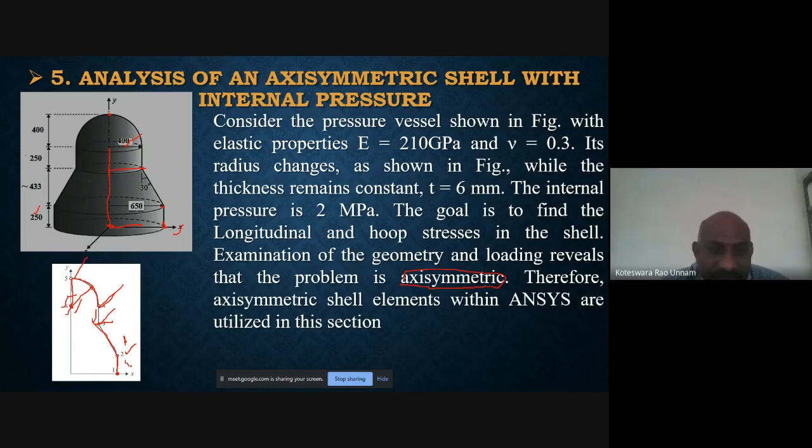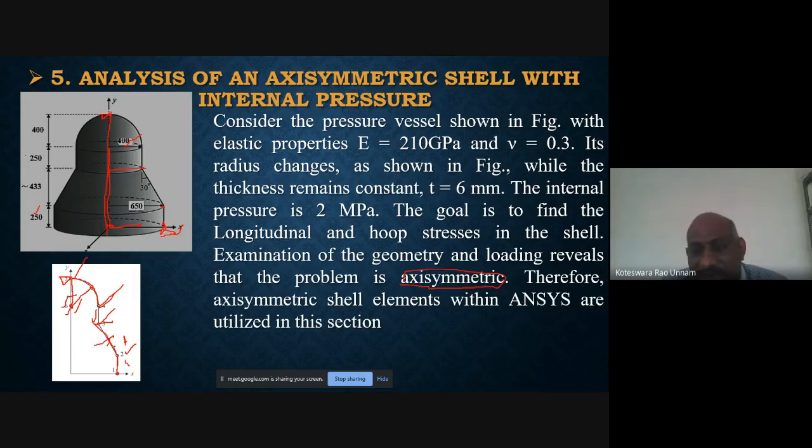Once I have done that, I need to apply the internal pressure. The pressure needs to be applied for all these lines so that you get the applied pressure. Then you need to apply the constraints. Here we are taking only the half, cutting this shell here. So you need to apply the symmetry boundary condition, that is, ux is 0. Similarly here, to avoid rigid body motion at this location, I don't allow the cylinder point to go upward. That means y should be 0 at this location.